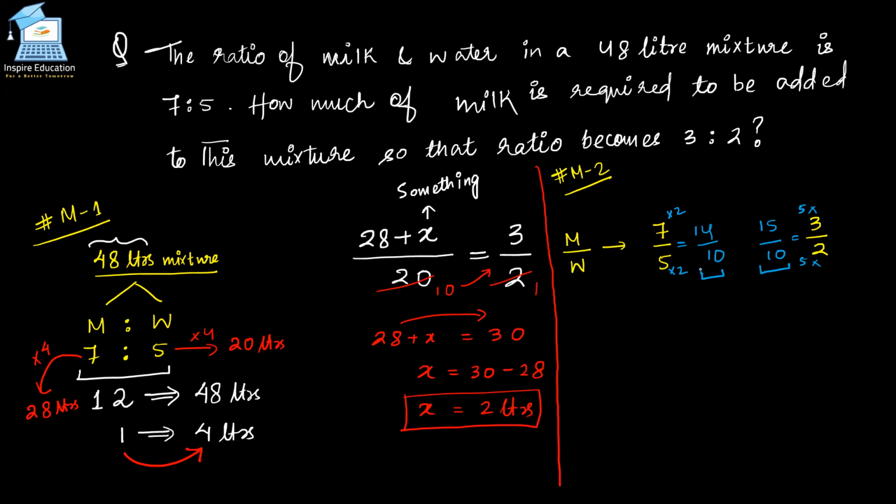Now if you are wondering why I have multiplied by 2 and why by 5, I guess you have a doubt in the comparison of ratios. Water we have 5 over here, water we have 2 over here. I want to make the same value for 5 and 2. For 5 and 2 there is only one same value, that is 10. I have made both of them 10.